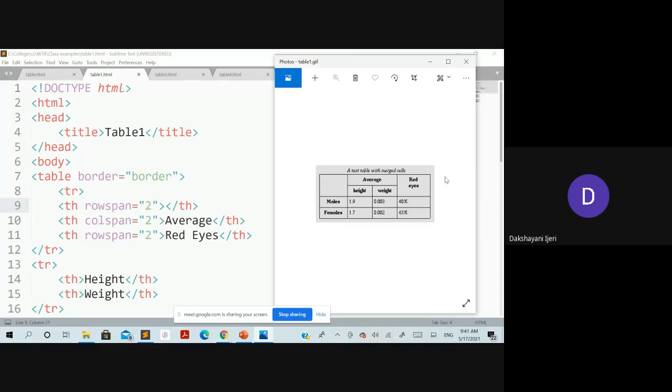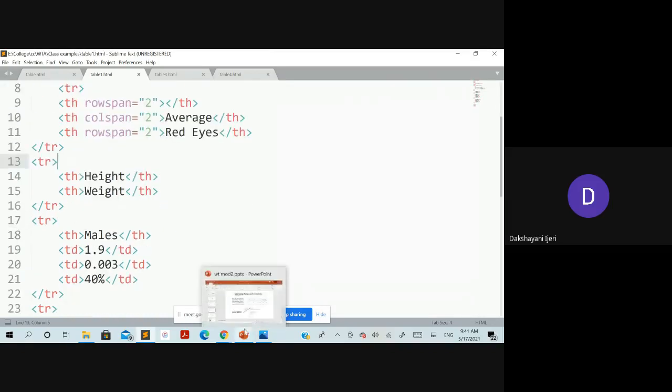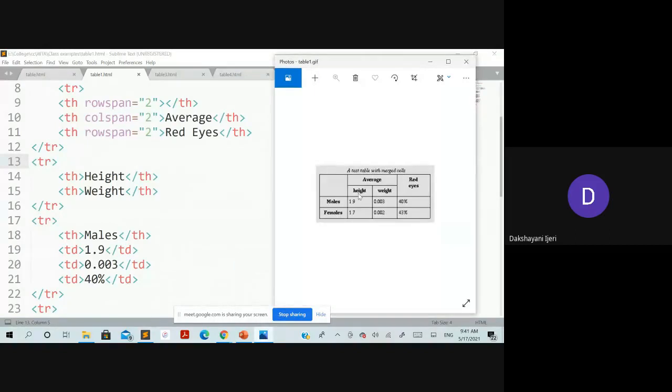So once you have included all these contents, close that tr. Now for the next tr, you have only these two values. So open the tr, and you need not take anything like rowspan or colspan once again. Whatever spanning has been done, it has been done while creating the first row itself. Here you are supposed to include only the elements, which will be automatically added the way it has been structured in this image, right?